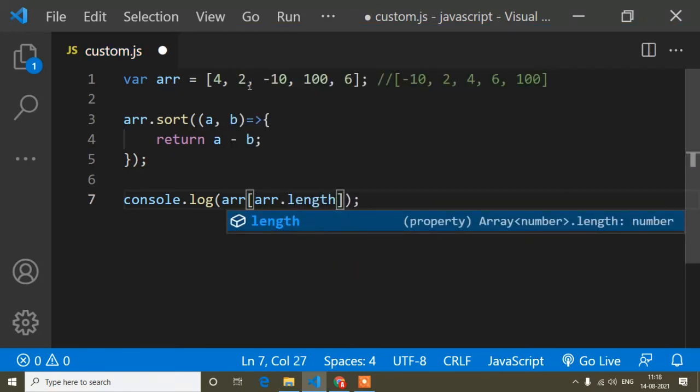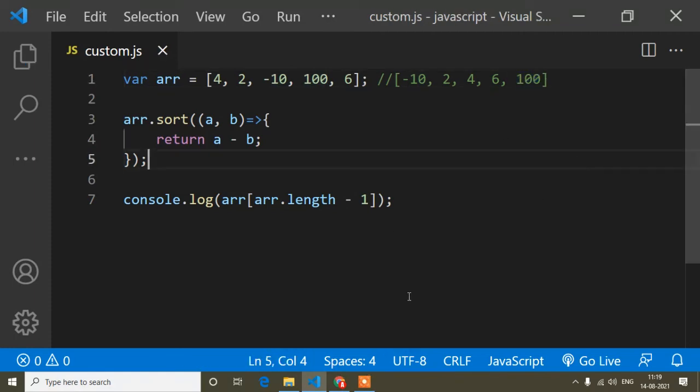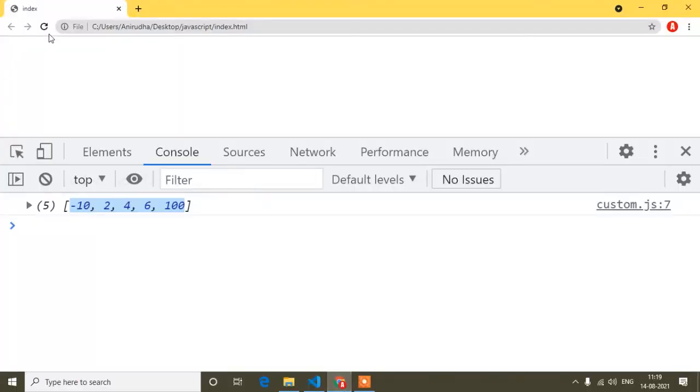Length means it will go from here to here, the output after sorting, and then minus 1, because length starts from 0. Then I will get the maximum value, I mean the last value.